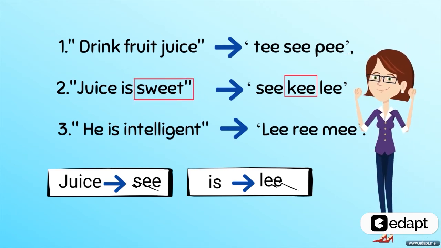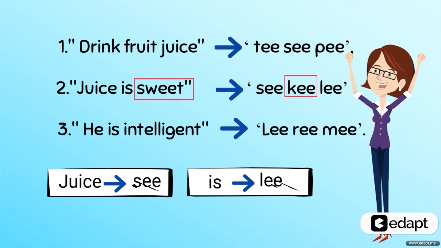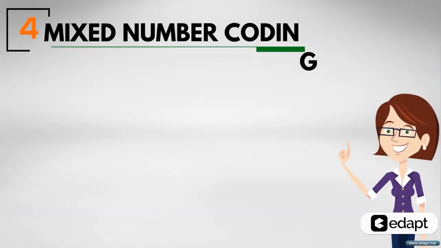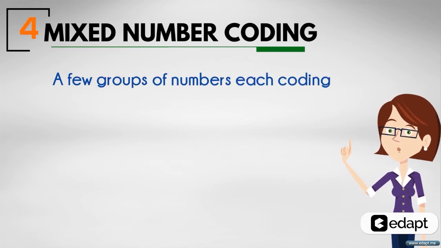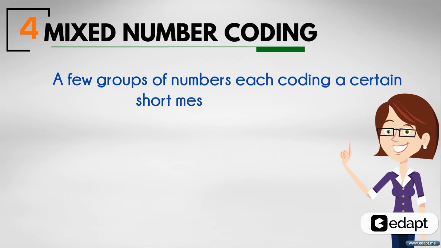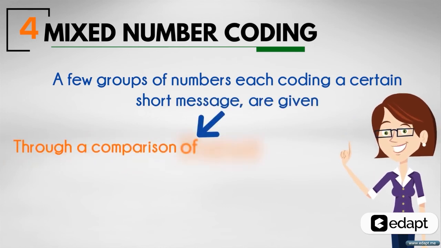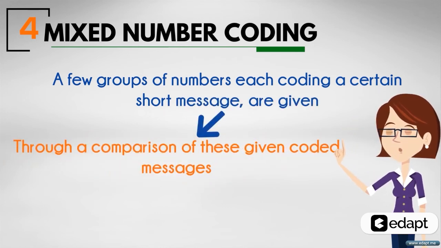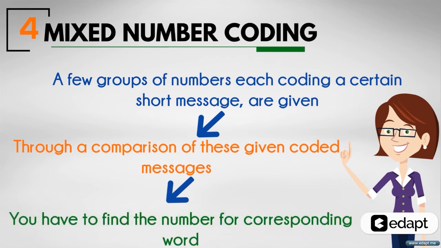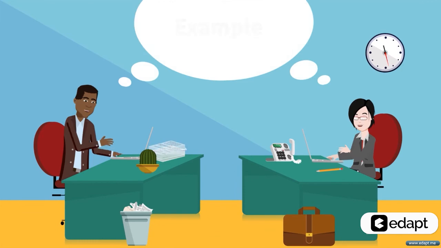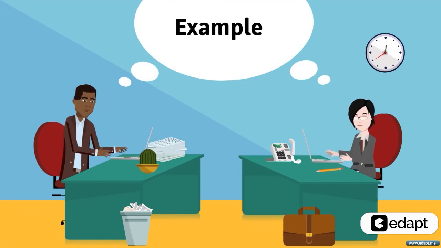Now we move on to the last type of coding, that is mixed number coding. In this, a few groups of numbers, each coding a certain short message, are given. Through a comparison of these given coded messages, you have to find the number for the corresponding word. Let's look at an example. In a certain code,